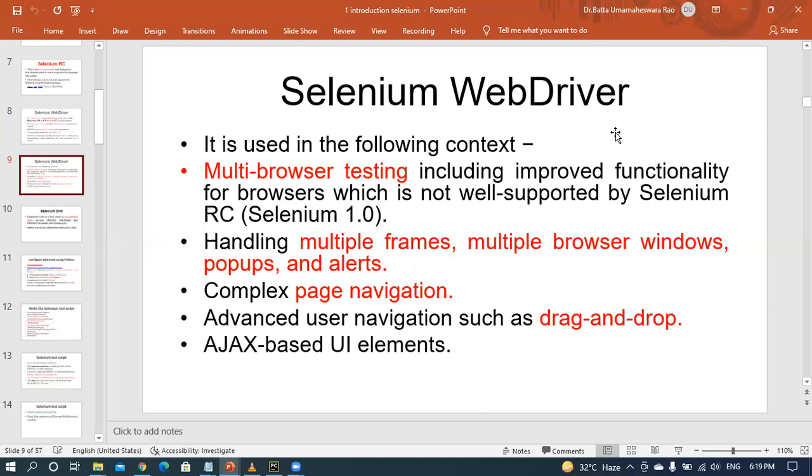If you click that box or button, you will see the different countries. That's called drag and drop. And then Ajax, another concept based on UI elements. That's why you will use Selenium WebDriver.